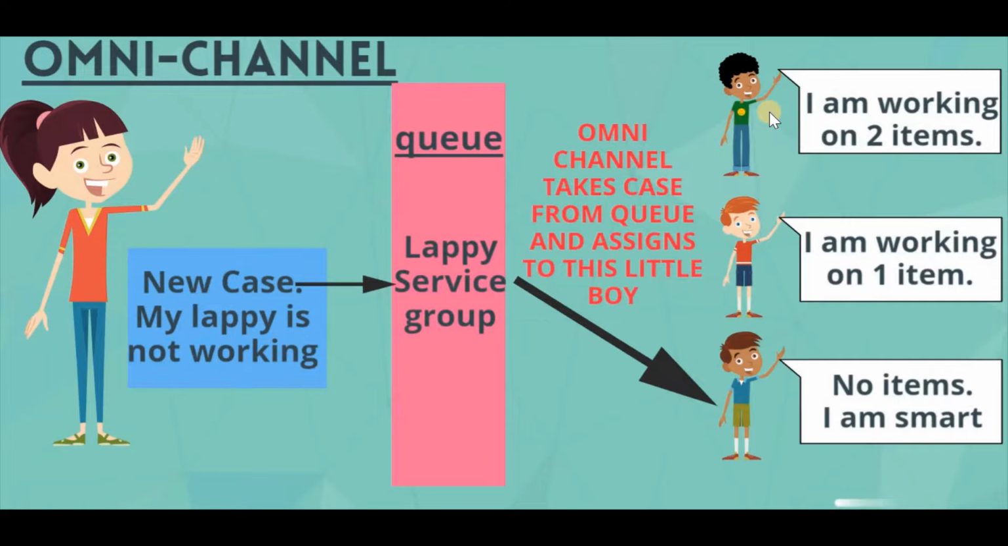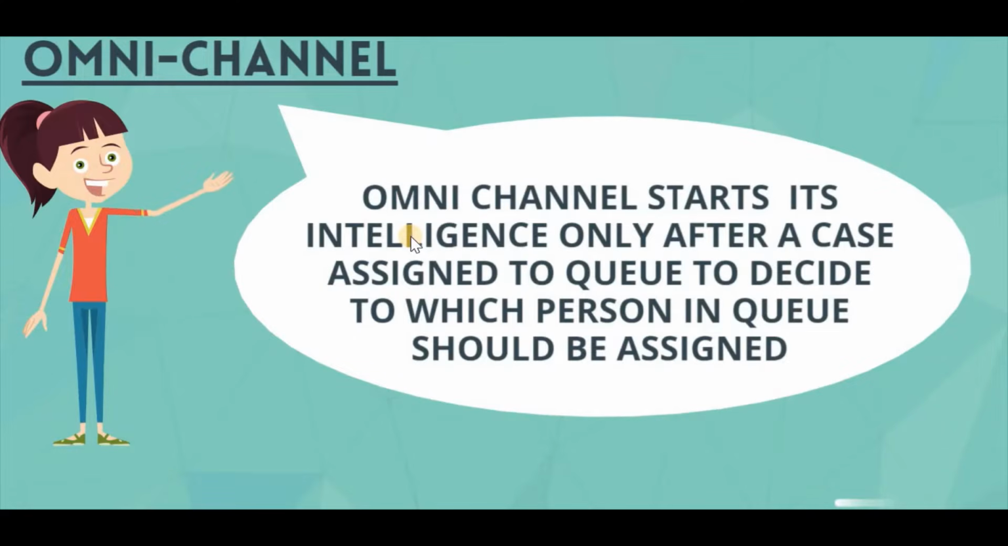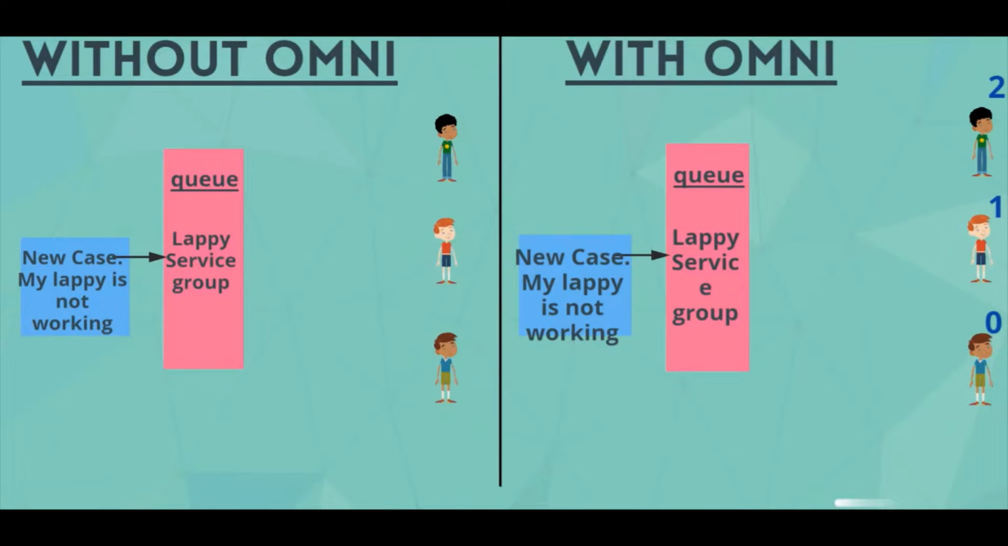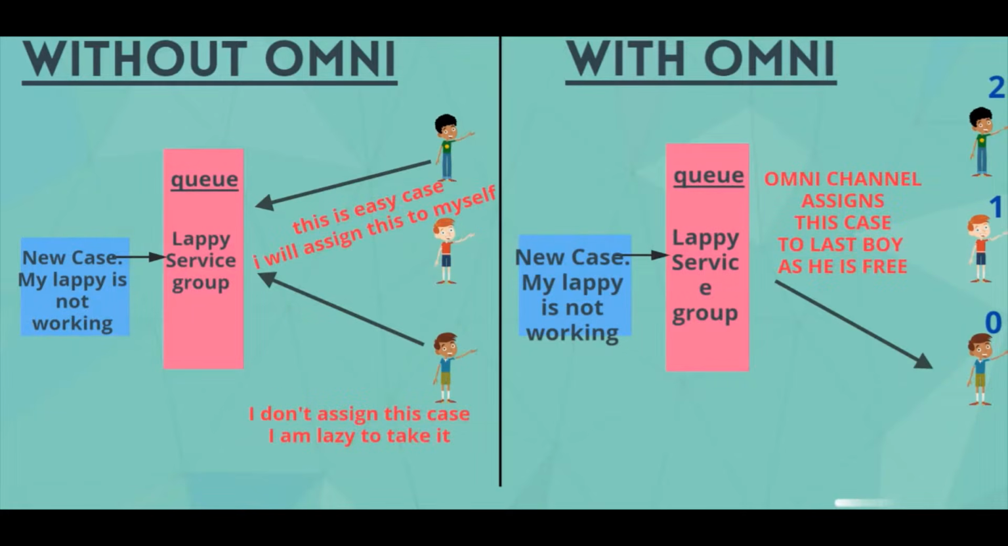So if the first person is free, it would have assigned to himself. So this is how omni-channel will come into the picture once a case is assigned to queue. I'm repeating that again, omni-channel will start its intelligence only after a case is assigned to a queue. Okay, so if we compare without omni-channel and with omni-channel, let's say in the left side scenario, we have a